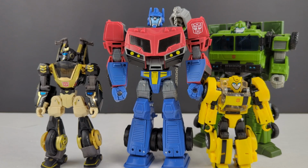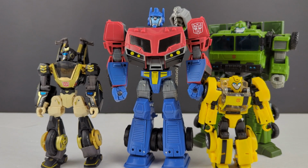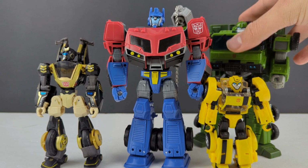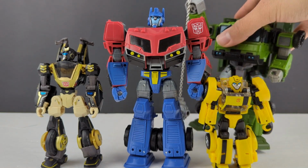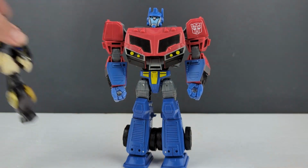A lot of people said that the Siege Walgreens exclusive Ratchet is a good fit. I don't know. I'll have to try and find them and see, but yeah, definitely would prefer a new mold for Ratchet. Would honestly prefer a new mold for Bulkhead that better fits these, but for a temporary stand-in, I think this works, especially if you get the toy hacks set. So there is that. Let's get these guys out of the way